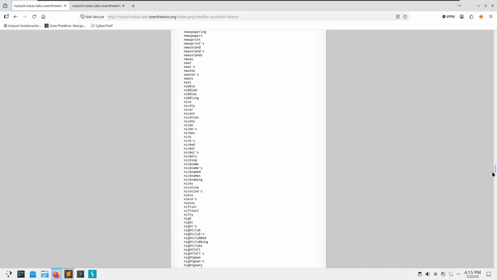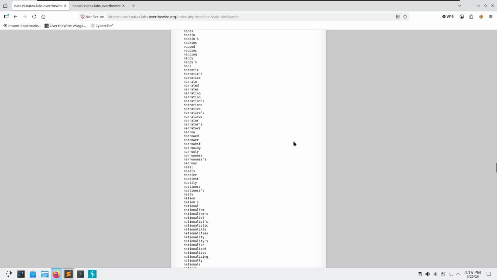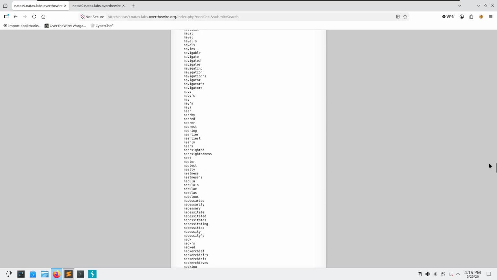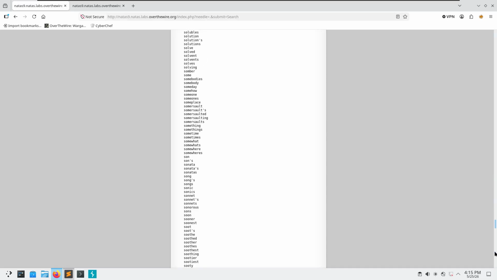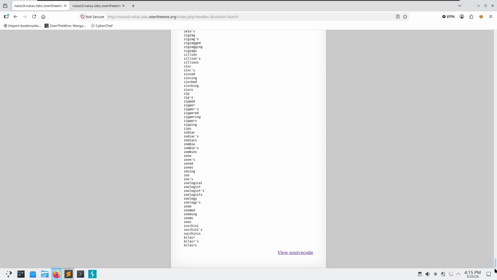Oops. Let's see if it's up in the ends. Okay, so I think we get the entire dictionary, but we're not getting our password file